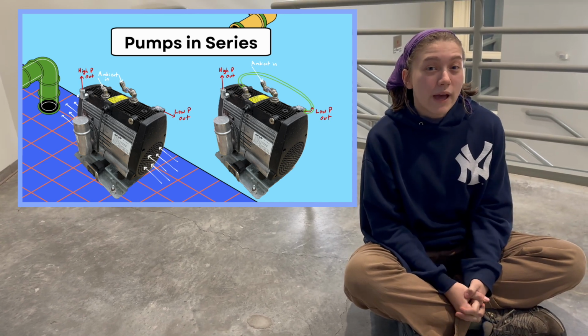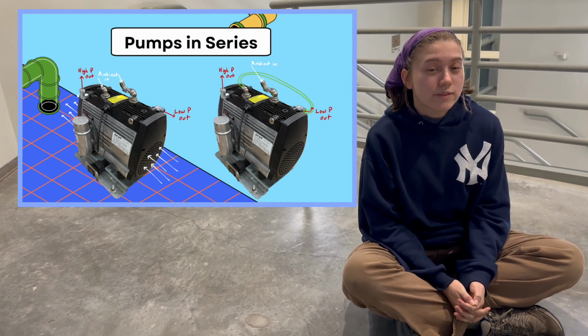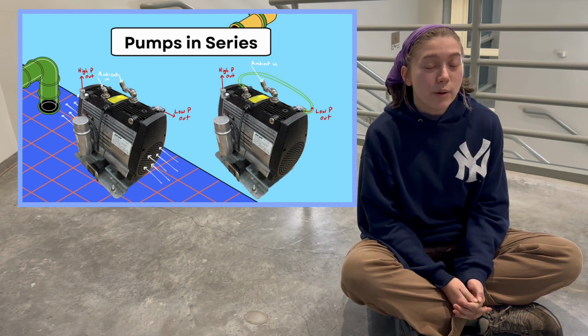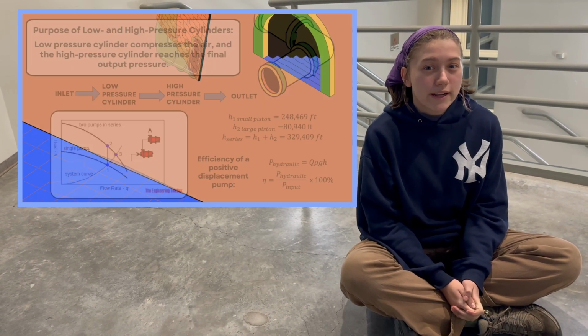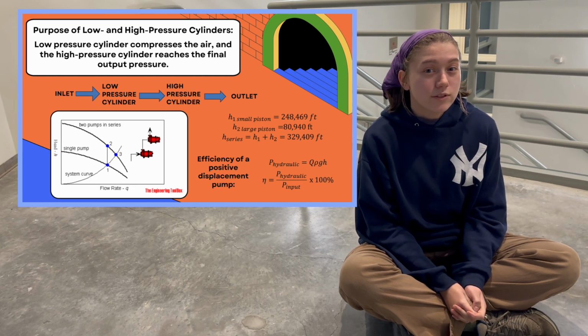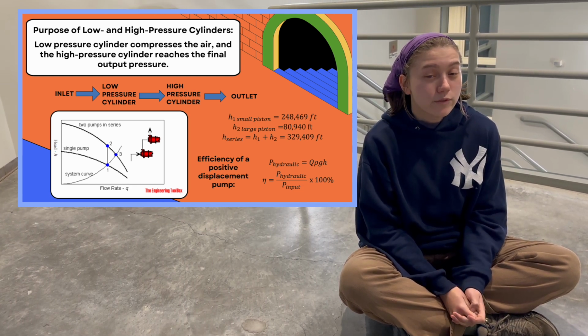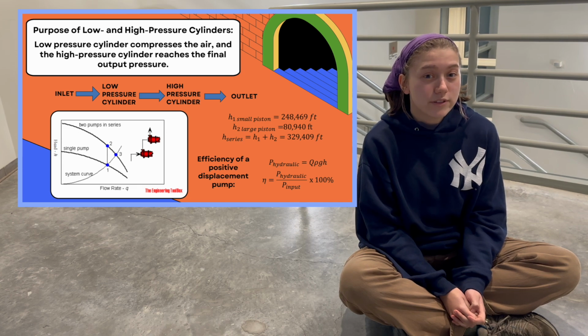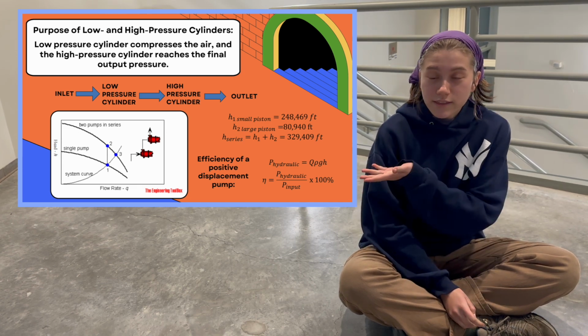We've been covering the pump as we have received it. However, based on the pump specifications, you can connect the two sides of the pump in series for greater efficiency. By connecting two sides of the pump in series, you add the head of each cylinder together. This allows you to increase your overall head without changing the flow rate, overcoming larger head loss and resulting in a higher efficiency, which can be calculated using this equation.